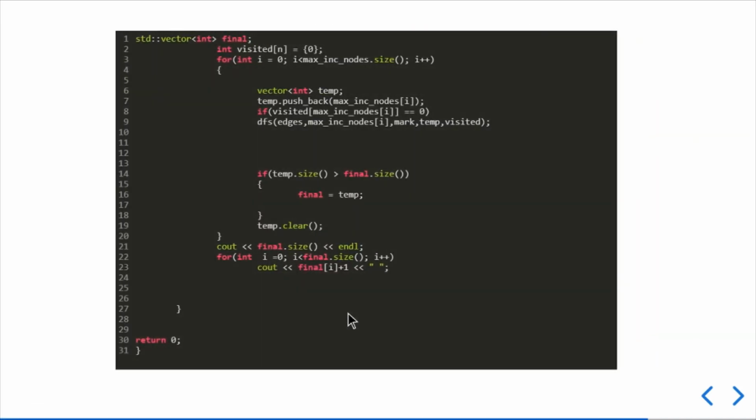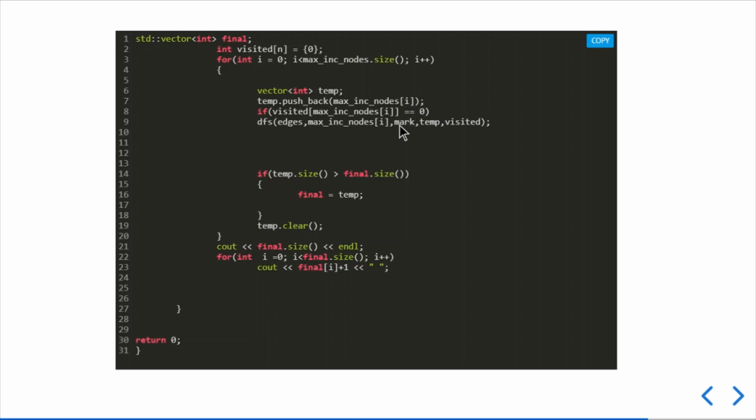Now in the second part of the code, I'll make a vector called final, which I'll print at the end of the solution, and I am making a visited array which we'll use in the DFS part. I am running a loop over the magsync node size, that is the size of all the provinces which have the maximum per capita income. Now I'll push that particular province in the temp vector, and I'll see if this particular province is visited or not. If it is not visited, then I'll call DFS over this particular node, and if it is visited,